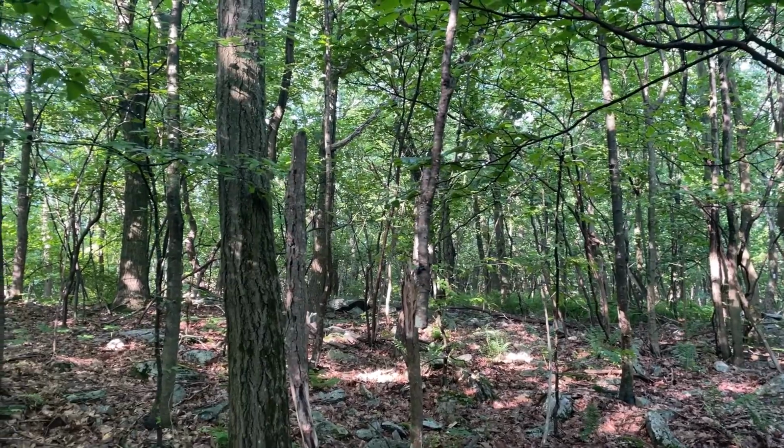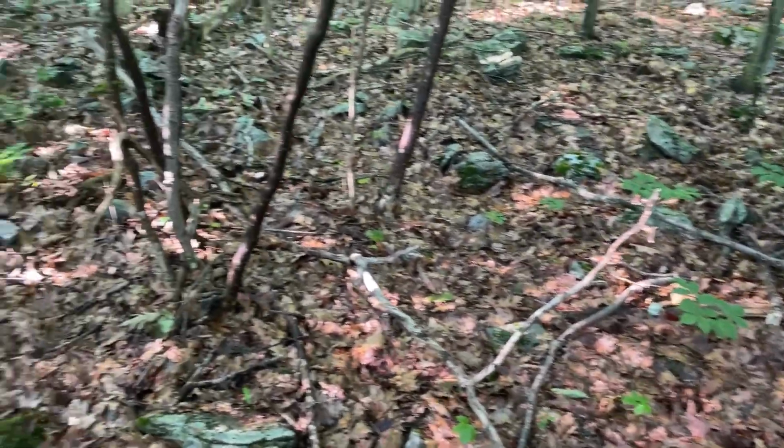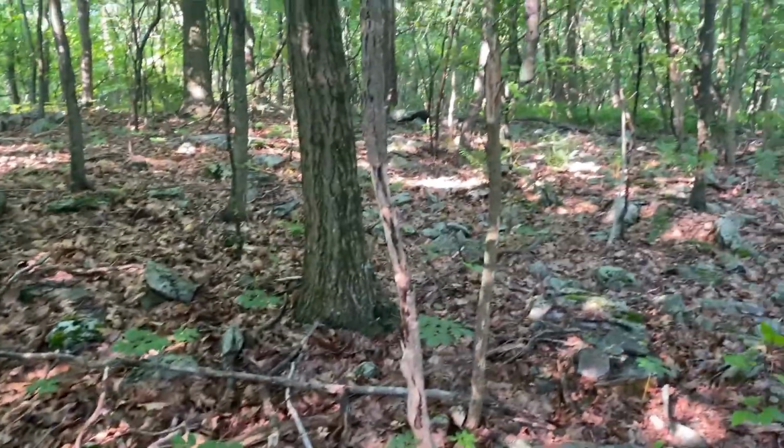I like to have a good campfire, and once I get to camp, I walk around looking for firewood. And this is a target-rich environment. There's firewood every place on the ground, but it is on the ground. If you can find